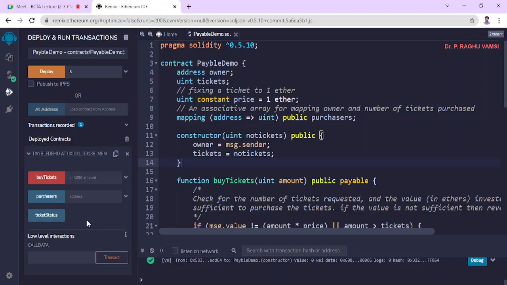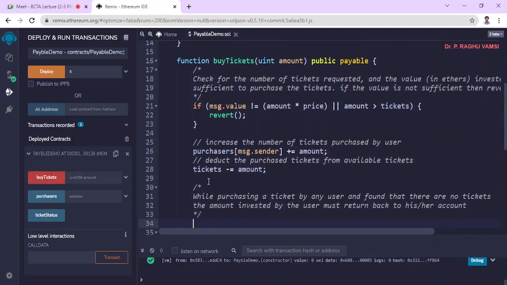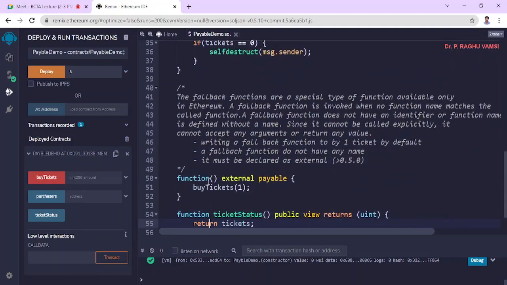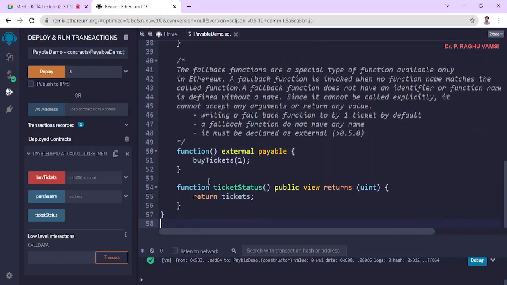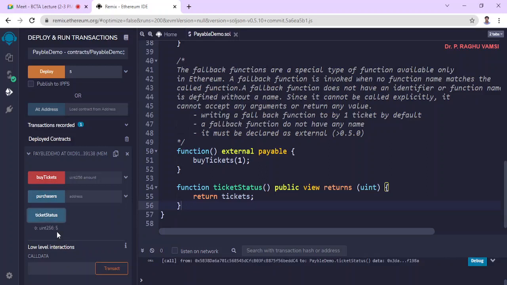Buy tickets is one thing, and one function we have written is ticket status. Now if you call ticket status, then a total of 5 tickets are there.